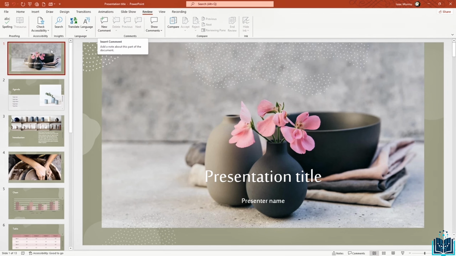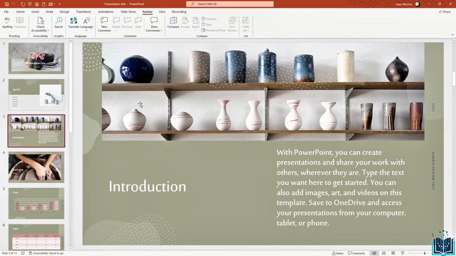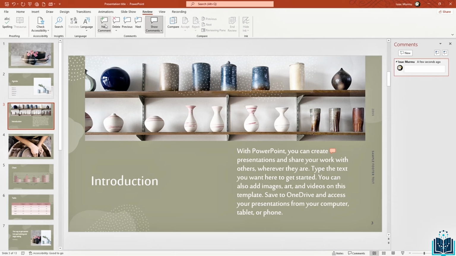Let's go to New Comment, and select a slide, then highlight the text, image, or object you want to comment on. Let's say I want to use something like this one, and use New Comment, and type your feedback. For example, if you think our title could be shorter, you might write: